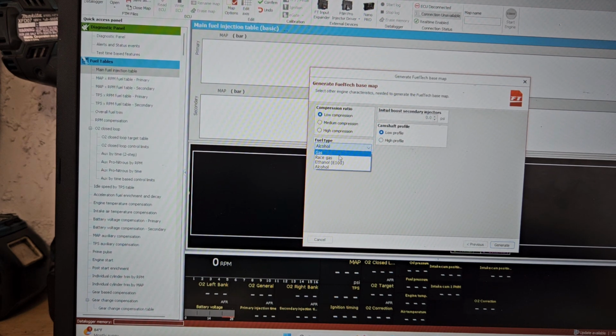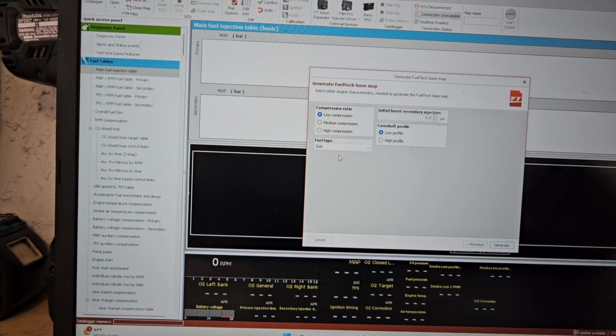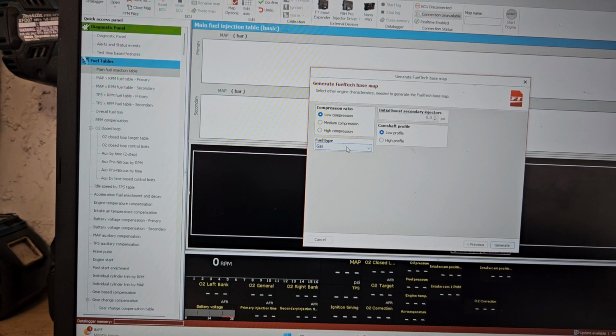Fuel we're running is gas. We're going to be running E85 on this car, but if you select gas, it's going to give you the stoich ratio in gas, even when you're running E85. So that's going to still leave the stoich at gas ratio, so it's easier to read, easier to tune. So it doesn't matter if you select gas and you're running E85, it's still going to give you the 14.7 to 1 or 14.5 to 1, whatever the stoich ratio is at this point. So we're selecting gas, low compression,